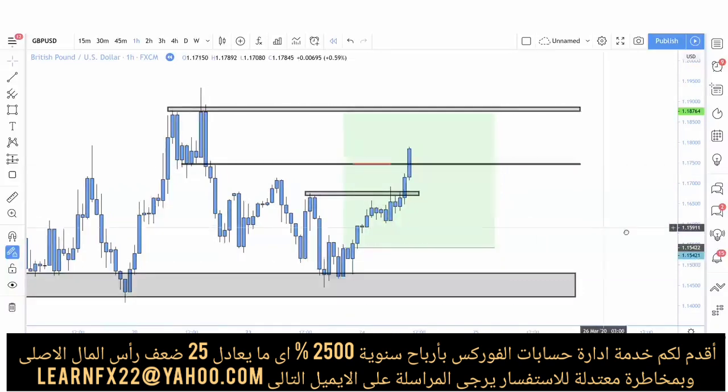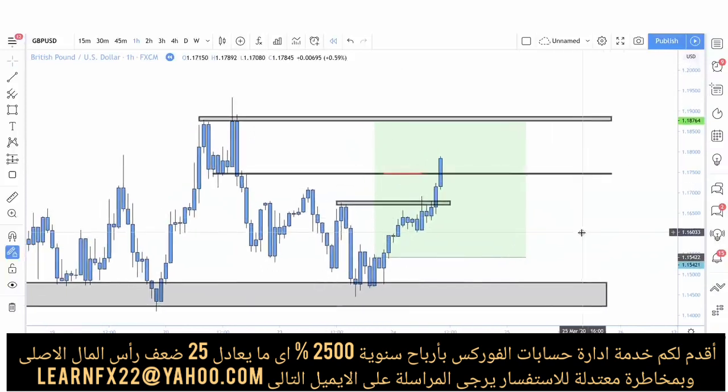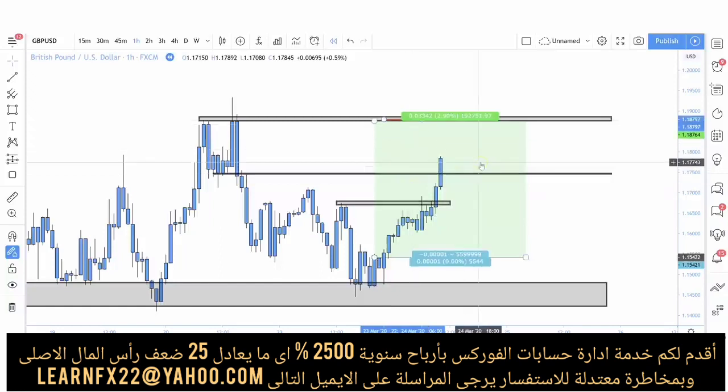So first targets, second targets have been hit here. We have a 50% taken off of this trade. I'm not going to document it. We're just doing this. It's recorded. I can always look back on it when the time is right. So that's our first target here. And then let's go for our final target. This final target is going to give us